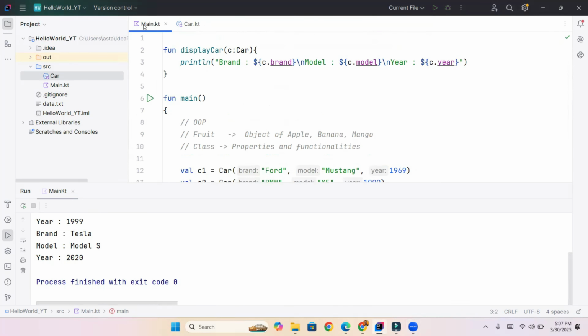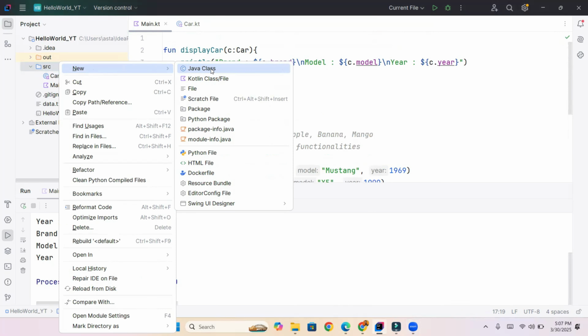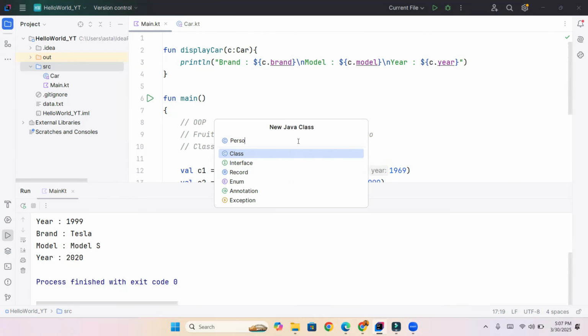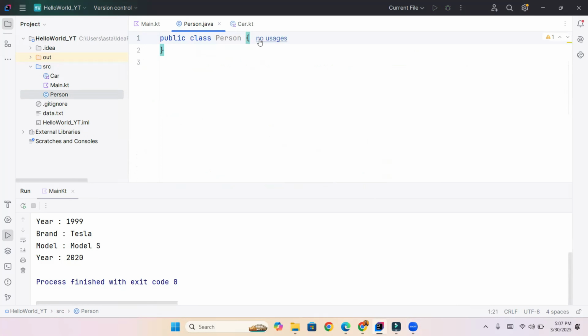Now let's create another class to understand the functions inside classes. Let's create a class named Person. A person has, suppose, a name and an age. So var name colon String, and this is empty. And similarly var